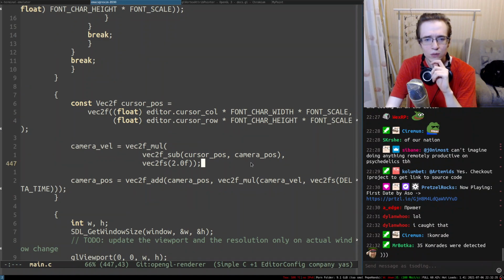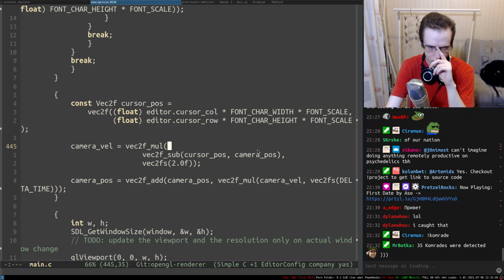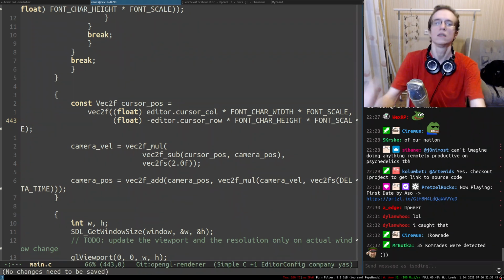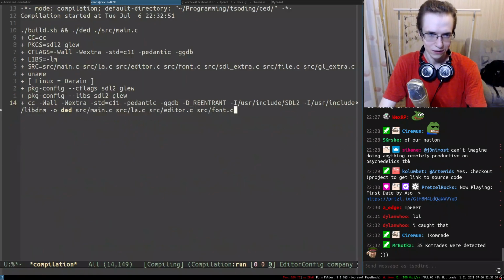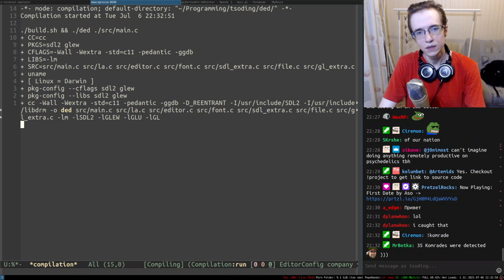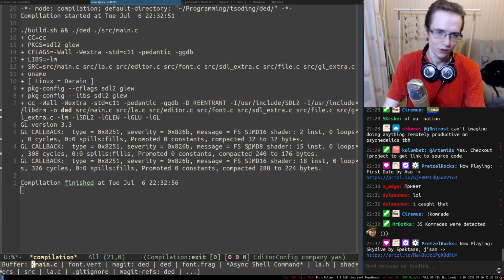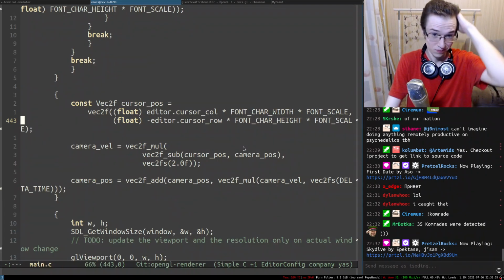So when we're computing the cursor position, here's the cursor position. What I have to do in here, I actually have to take the negative row, I think. I think the row has to be negative. Yes, yes, yes. Oh shit, of course.